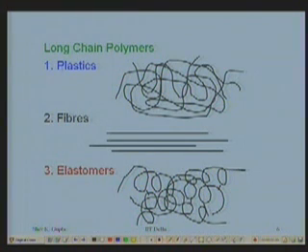Plastics in which chains are placed zigzag in three-dimensional space, and between the chains there are only secondary forces, van der Waals forces. There are no other kinds of bonds between them, only van der Waals forces, and primary bonds are all along the length of the chain, and the chains are placed quite zigzag in the three-dimensional volume. These are the plastics.